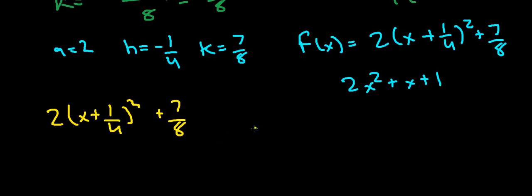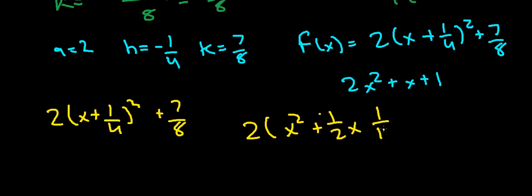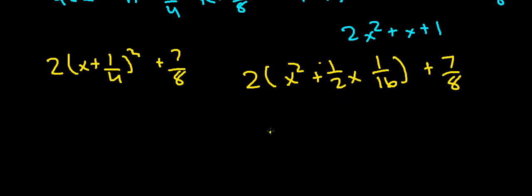We're going to get 2 times x squared plus 2 times x times 1/4, so that's going to give us plus 1/2 x, and then 1/4 times 1/4, so that's going to give us 1/16, plus 7 over 8. We multiply all of that by 2, we get 2x squared plus x plus 2/16, which